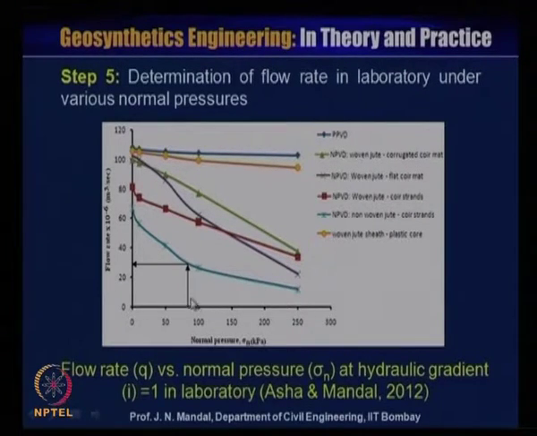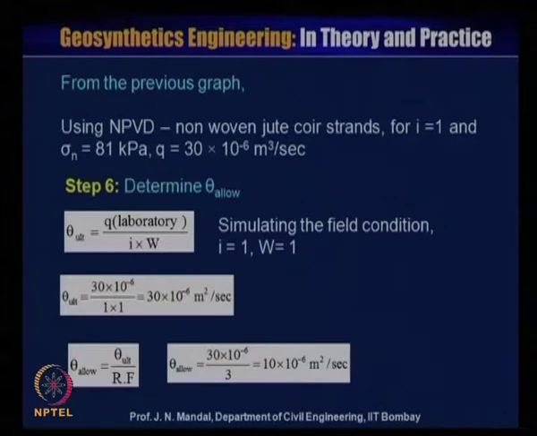We are considering this prefabricated vertical drain for use at the back of the wall. So, we know the pressure is 81, and for this prefabricated drain we calculate what the flow rate will be from this curve. This curve has been drawn under a hydraulic gradient of one, and you should remember it should obey Darcy's law. It will generally be in the linear condition.